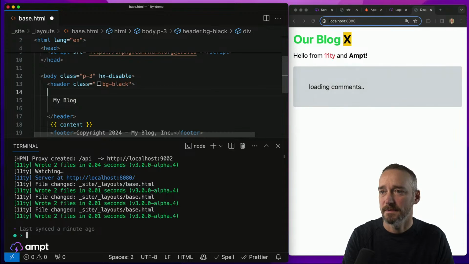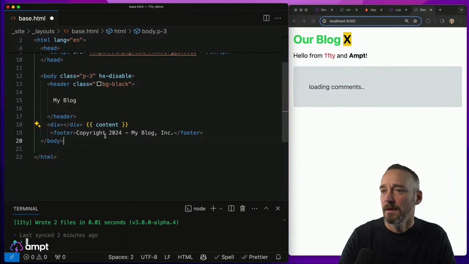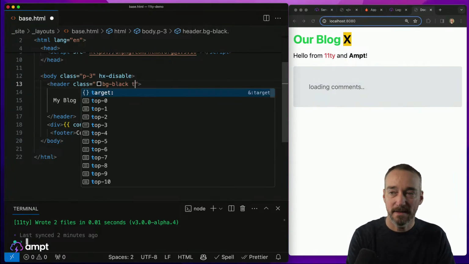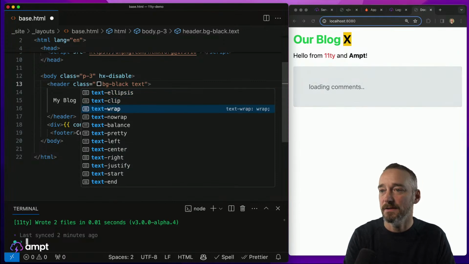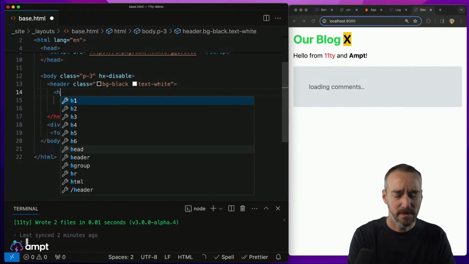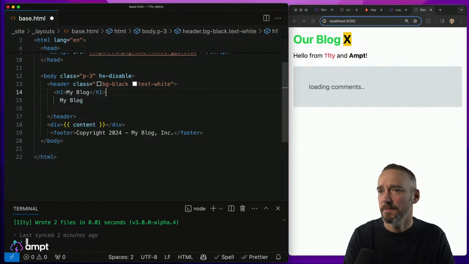Okay, make this a little smaller. Probably like a content tag or something. Okay, so we're gonna make that black. We're gonna make the text white to start with, like this,